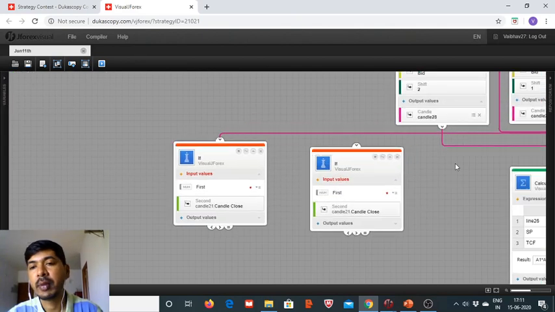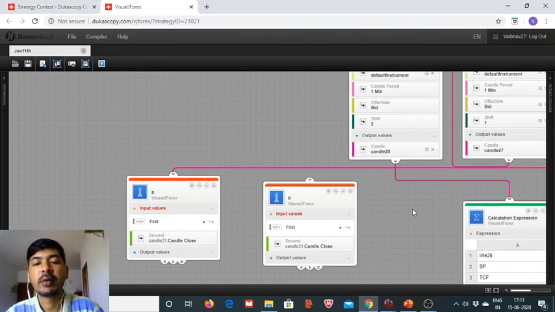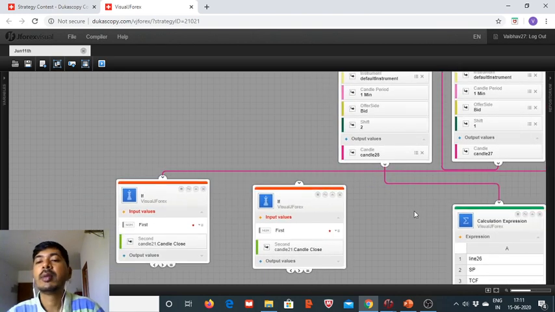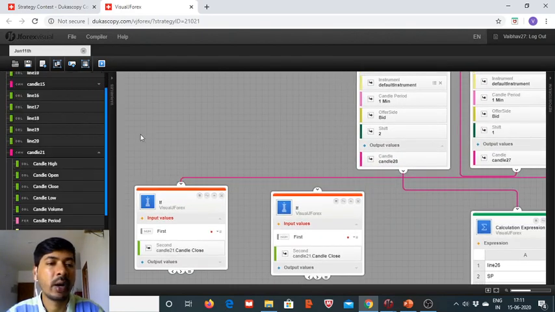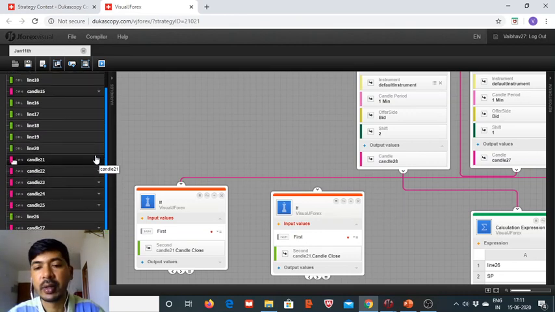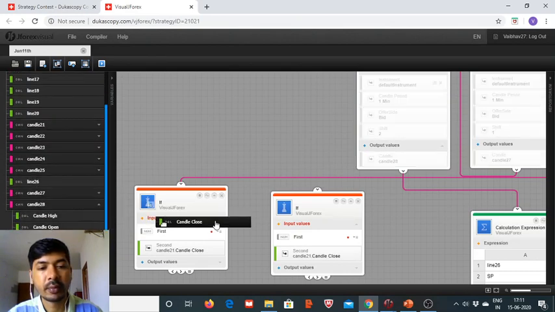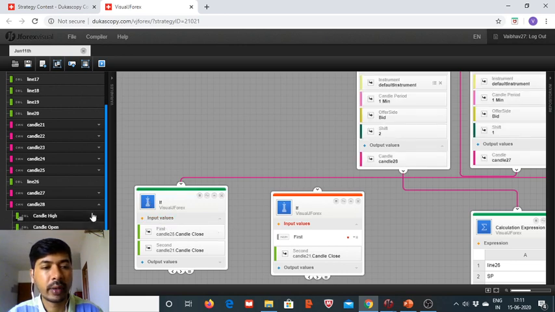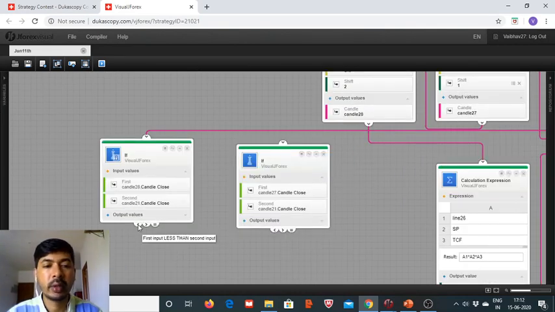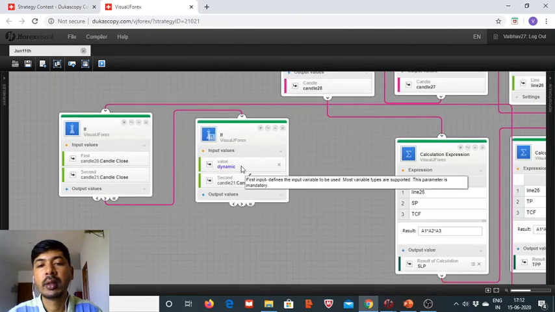Now we want the price action to start falling below the candle 21's close, and that means we will be looking at the candle 28's closing level, and it should have closed above, and then the candle 27 should close below the candle 21's close. So we first take this closing value, and then we take candle 27's closing value, and here first input should be greater than second input, and then in this case candle 27 should be less